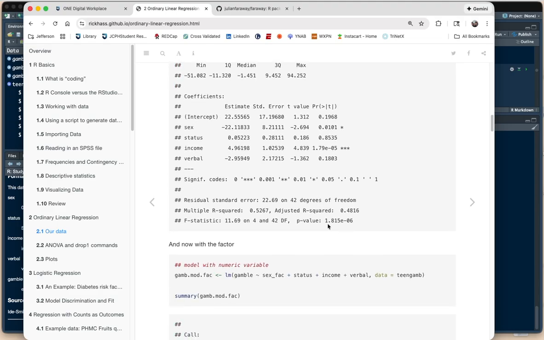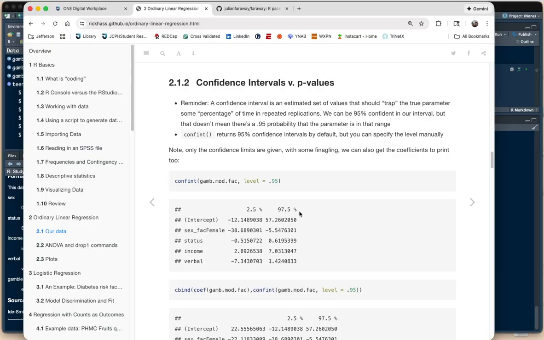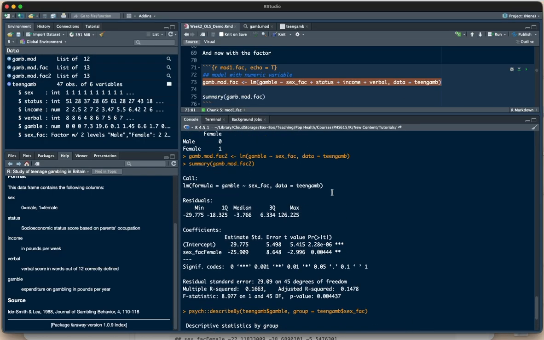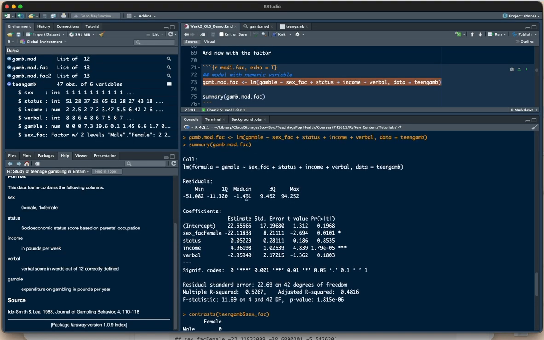Okay, what else do we want to do? So we checked that out. Right, so you've learned all about confidence intervals and p-values, which one's better, it really depends on what you want. The p-values are printed out, as you can see, for each coefficient when you call the summary on the model